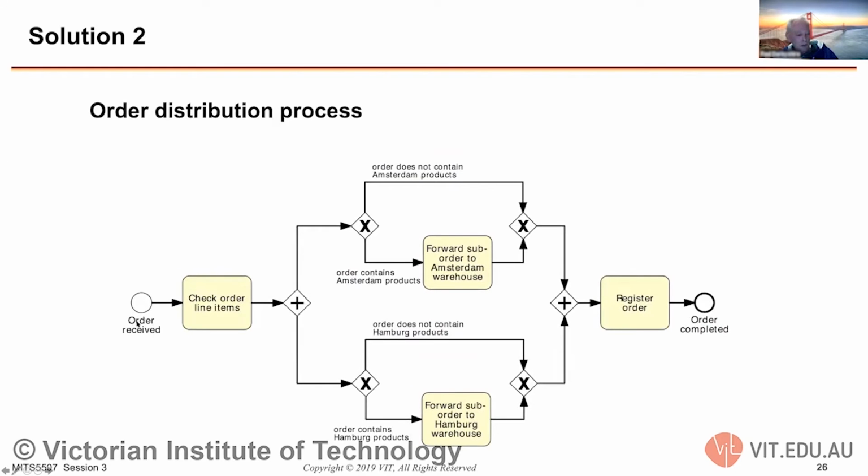Another way would be that the order is received. We check the order line items, where then we have an AND gateway. We check the order line items and we follow both of these paths. The order does not contain any Amsterdam products. We forward the order to the Amsterdam warehouse, or the order